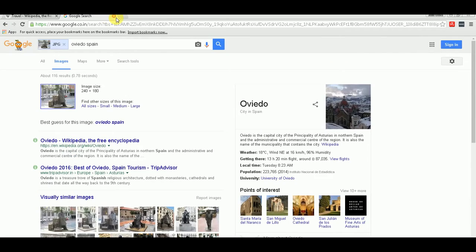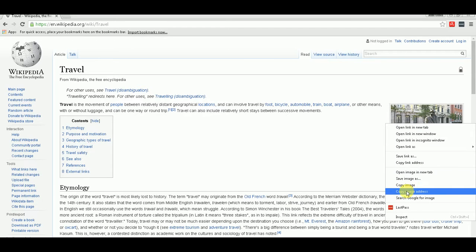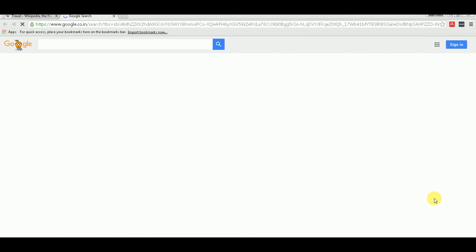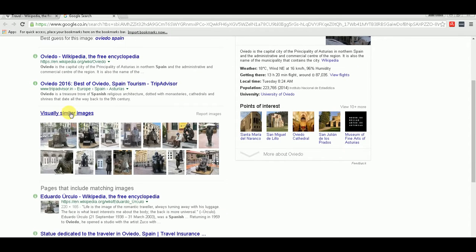Soon you click the image that you want to search. Okay, let me first close this tab. And okay, now you can use two methods. One is just right click and click search Google for images. Okay, if you click, Google automatically inserts that image into image search and finds related images. Okay, these are the related very similar images.